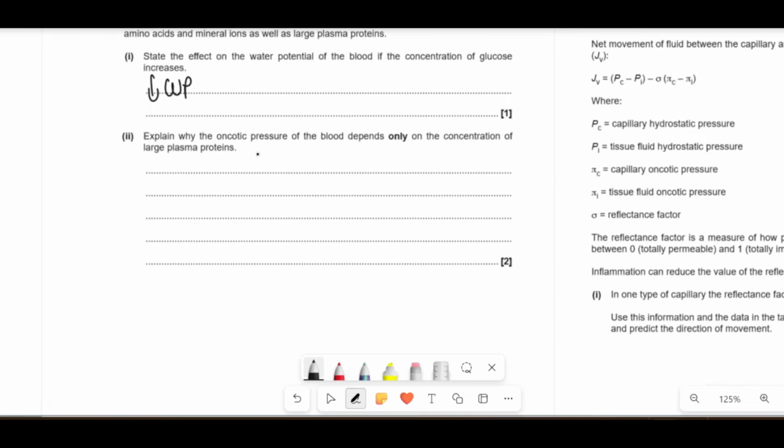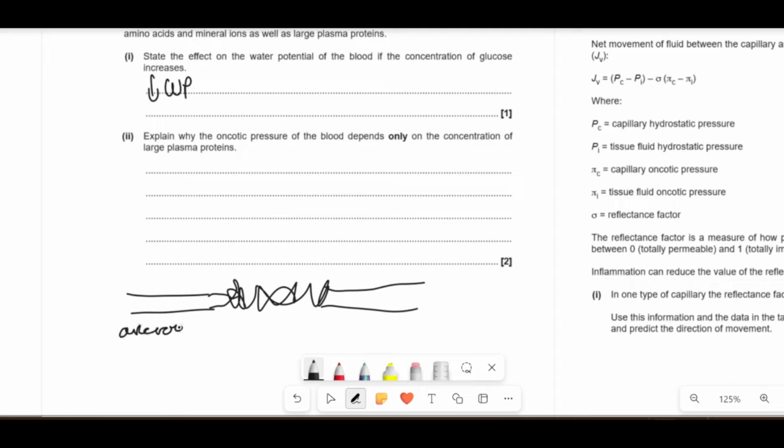Now it says, explain why the oncotic pressure of blood depends only on the concentration of large plasma proteins. To understand this concept, we'll just do a quick run through of what tissue fluid is. So you've got your arterial end here, which is relatively high pressure, and eventually it branches out into capillaries, and then you've got your venous end as well. So you have a relatively high pressure and then you go into a low pressure here. For example, if you have this big pipe, and there's water flowing into here,